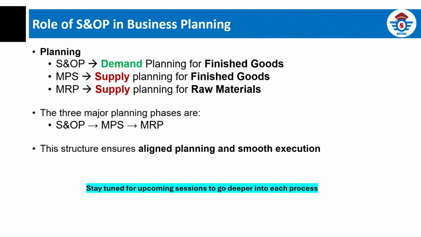Now let's understand the key takeaways here. Demand planning in S&OP is done for finished goods. MPS then does supply planning for finished goods, and finally, MRP does supply planning for the raw materials. The entire planning and execution is done in these three major phases, which are S&OP to MPS and MPS to MRP. I hope the linkage is much clearer from this topic, and stay tuned for more information in our next